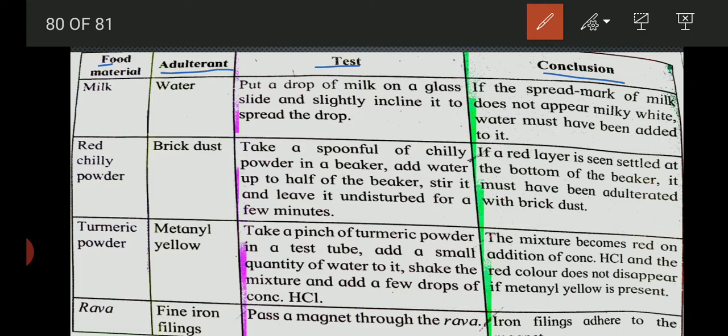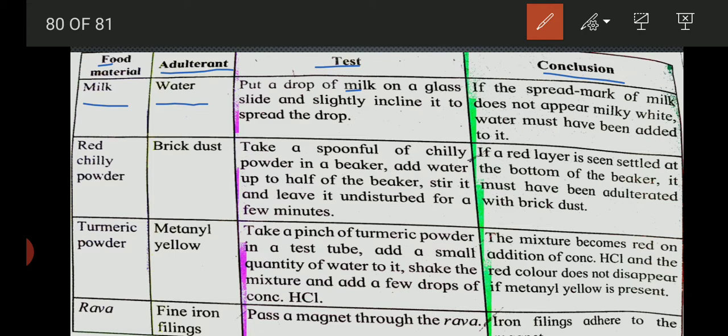The food material used is milk and the adulterant is water. Now see, the test to be taken for this is: put a drop of milk on a glass slide and slightly incline it to spread the drop.